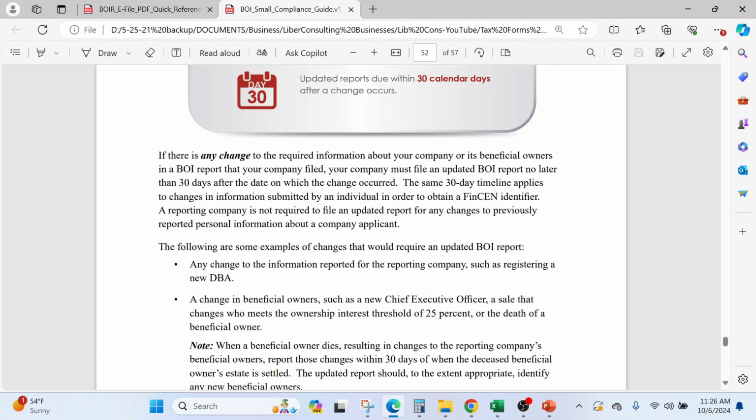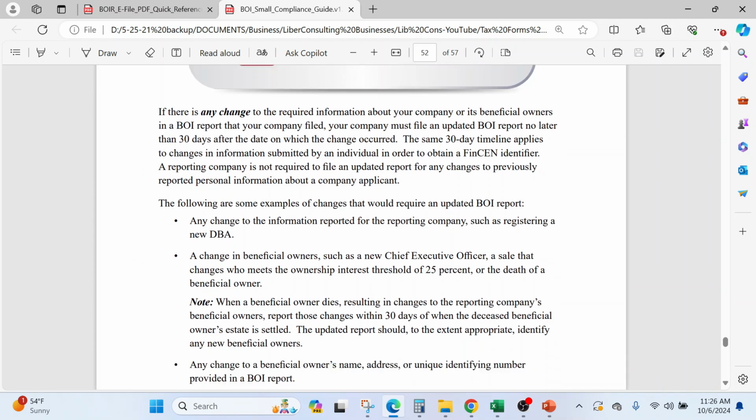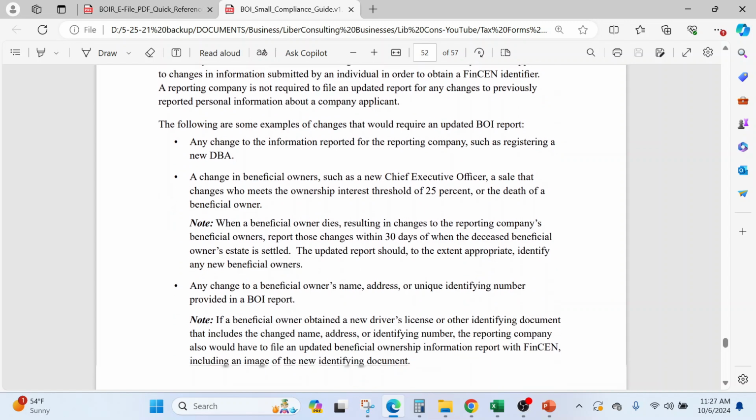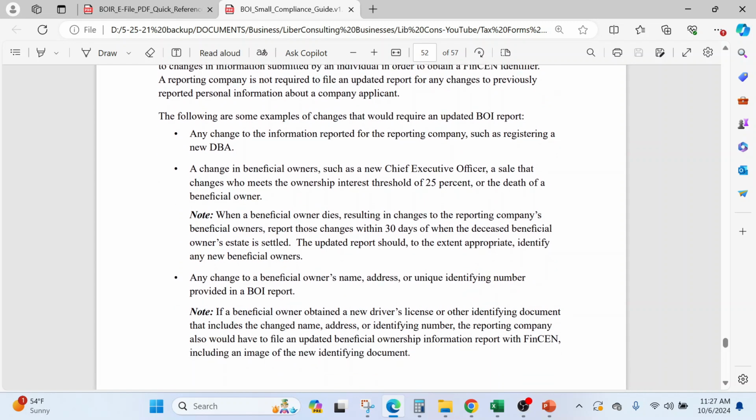And they have cases that you will need to make updates. It could be you change a trade name, it could be a beneficial ownership change,